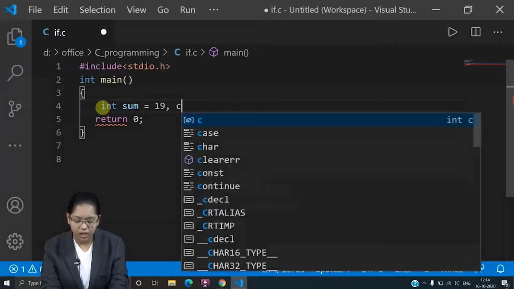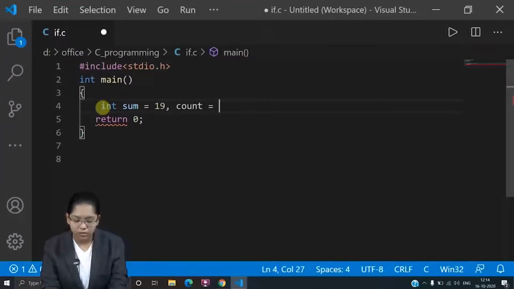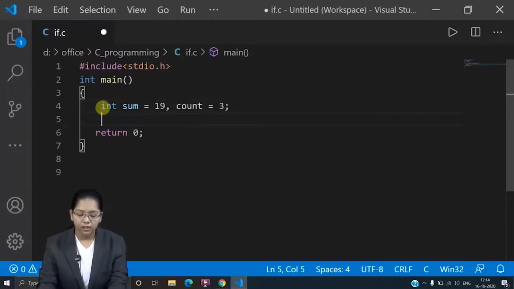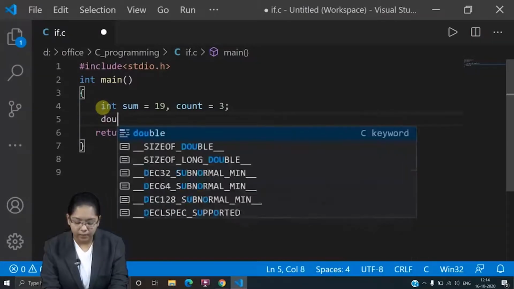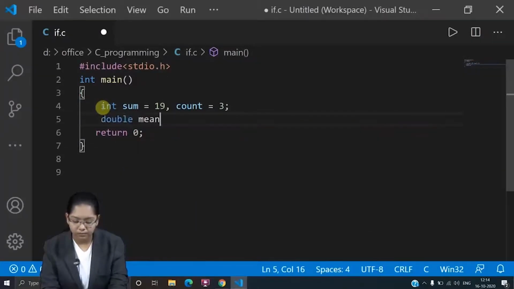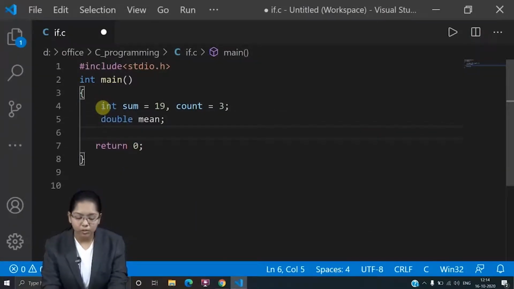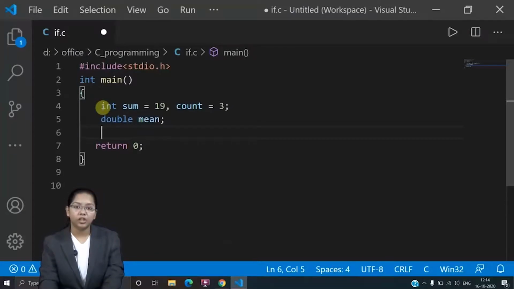Now I have given count is equal to, let's say 3. Now I will take double mean. I am finding the mean here. I know that mean is equal to sum divided by count. That's the formula of mean.